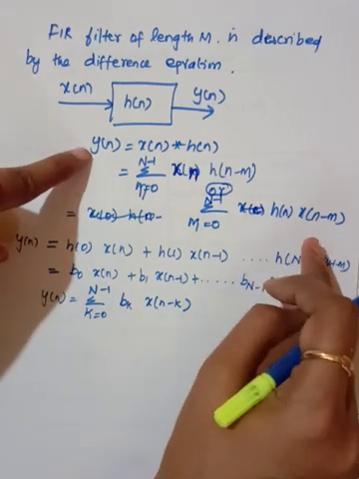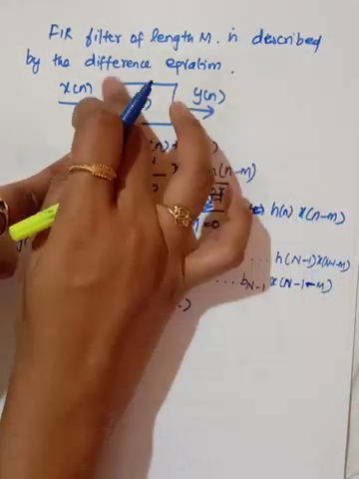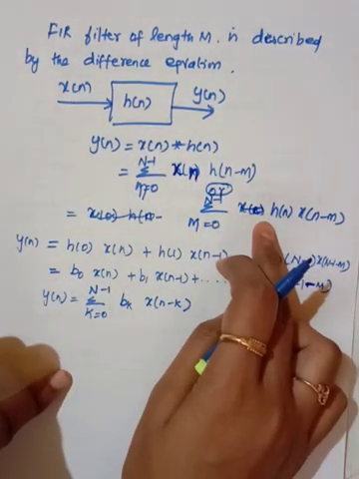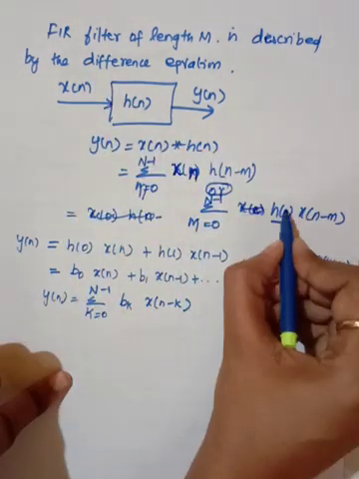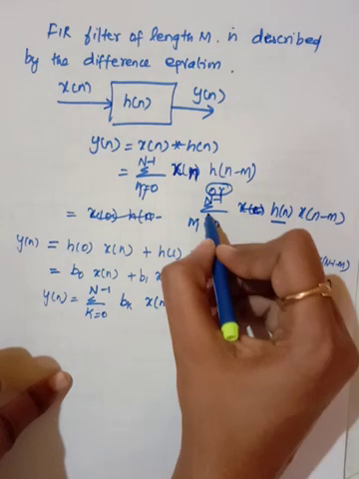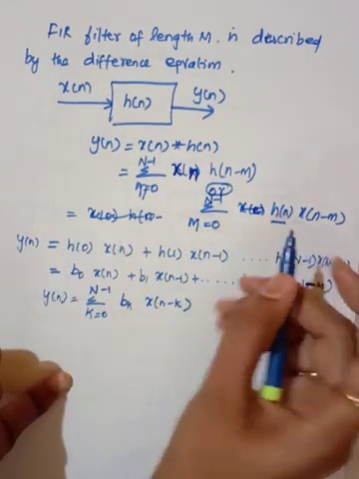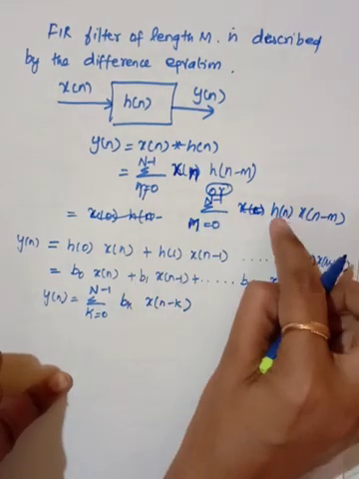Here, this h of n is a constant, right? We will design this according to our requirement. So now I am going to choose this form because h of n is a constant as per our design. Now I am going to expand this expression. So what you will have when m is equal to, here it is n is equal to 0.